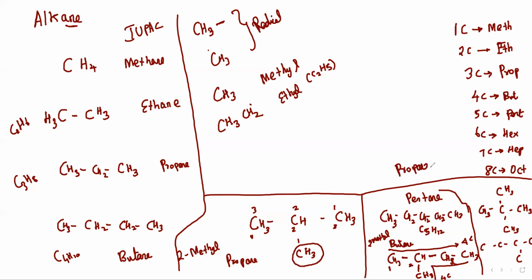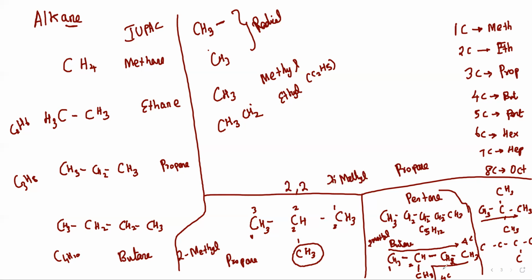So the name is propane. The name is propane always. So I will just take it like this, propane. In propane, you have your branch. One branch you are having methyl, and another branch, bottom type, you have another methyl. So 2 methyl are in the same position. Am I correct? 2 methyl are in the same second position. So in the second position itself, you have 2 methyl. That should be written as 2,2-dimethyl propane. 2,2-dimethyl propane. Do you get the point? Yes.